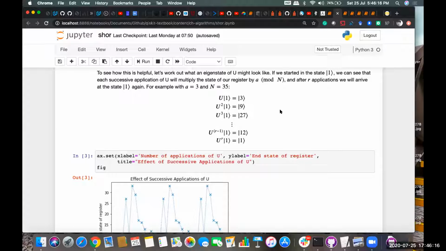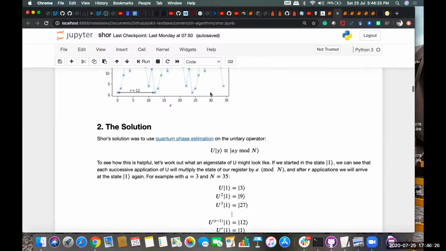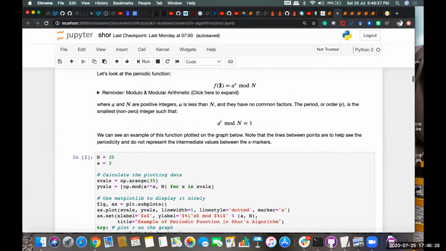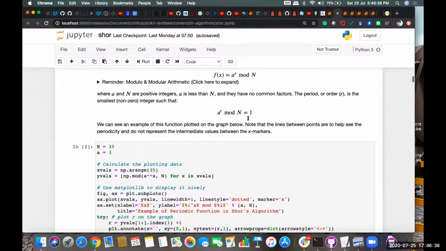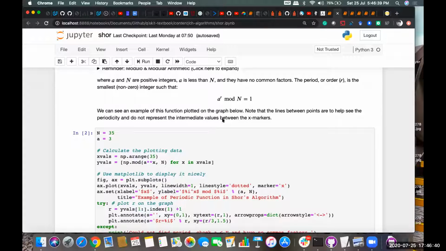Or we can say f of x plus r will be given by, so x is the number basically, will be the f of x, the function which we have defined here, like how we can give the approximation. So f of x plus r will be given by a to the power x plus r mod n, basically. And then further we will try solving it more. And so this GCD can be calculated by using the Euler's theorem.